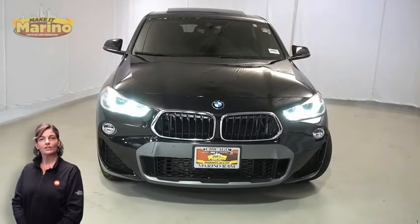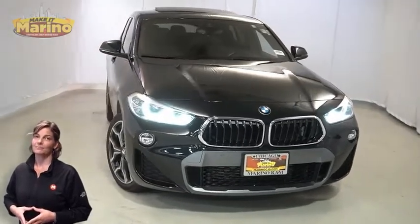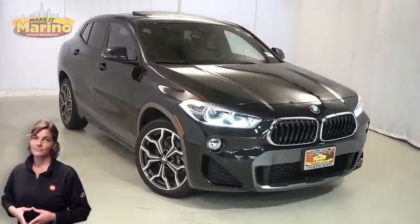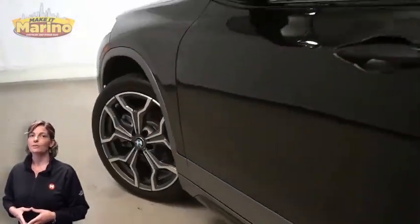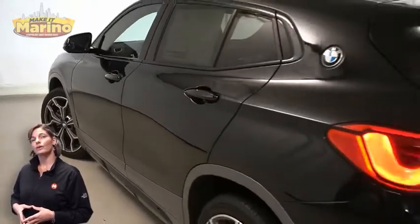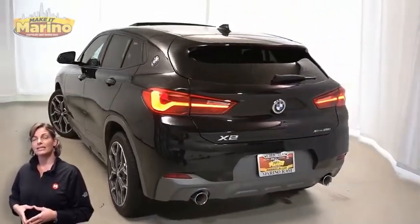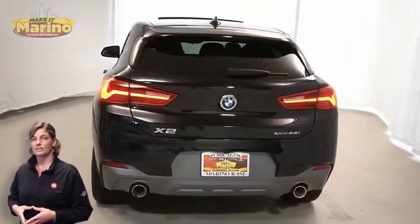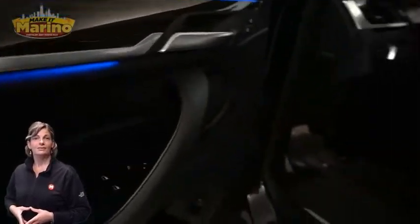If you're looking for a functional, compact SUV with both reliability and safety for the whole family, then take a look at this 2018 BMW X2 in black sapphire metallic. With HID headlamps, front fog lamps, 19-inch aluminum wheels, power heated mirrors, rear window wiper and washer, LED tail lamps, heated front seats, steering wheel mounted audio controls, 34,000 miles on the odometer,